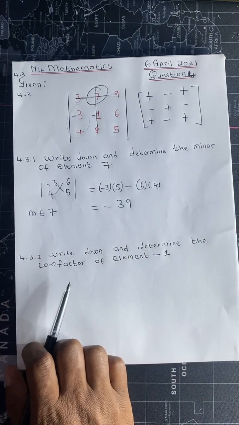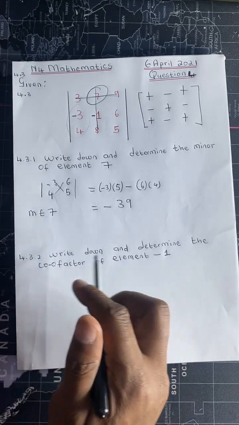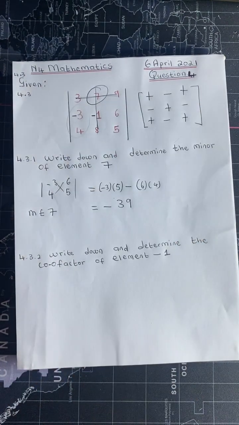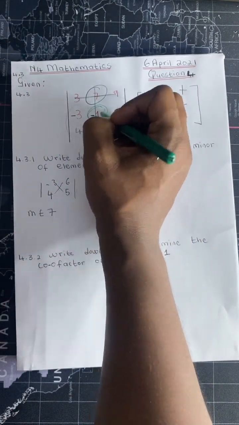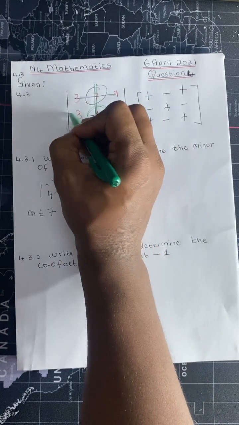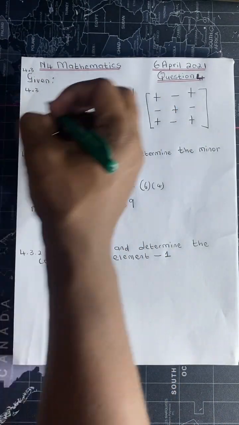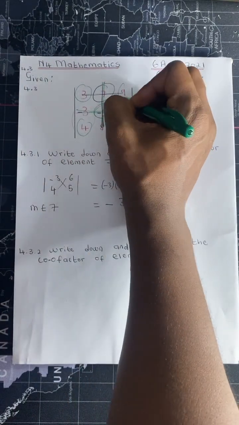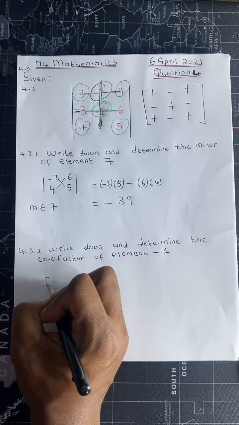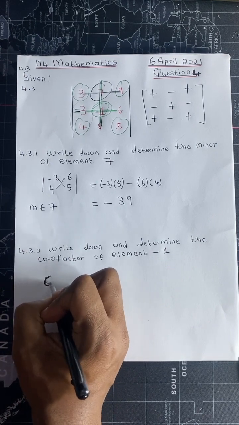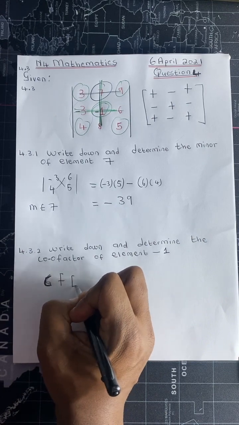So 4.3.2, we have to write down and determine the cofactor of element negative 1. So element negative 1 is that one. So we cross the row and the column associated with the negative 1. So we'll be left with 3, 4, 9, and 5. So the cofactor of element